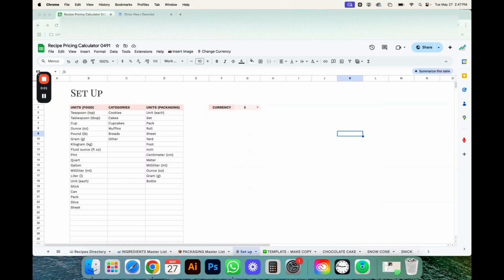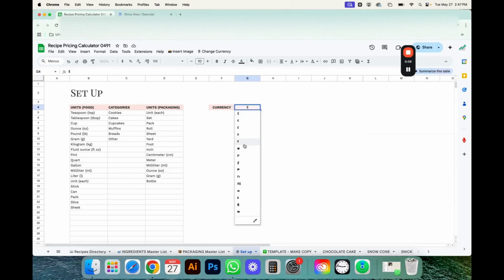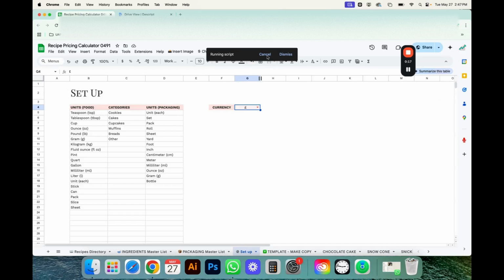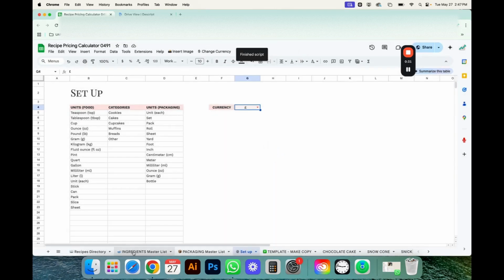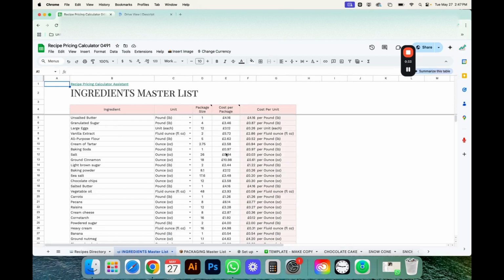Now, here's how you can change the currency. All you gotta do is select your currency from the drop down. Let's do this one right here, and then you are going to go to change currency and update currency. It's gonna run the script. You're gonna wait a little bit, and then it says the currency format's updated to use this symbol. So then when you click OK and you go to your ingredients list, for example, now everything has been updated,